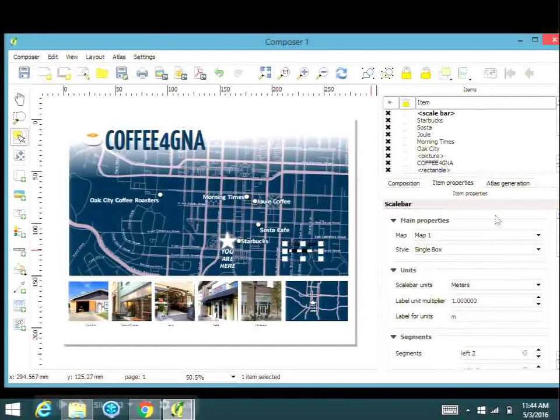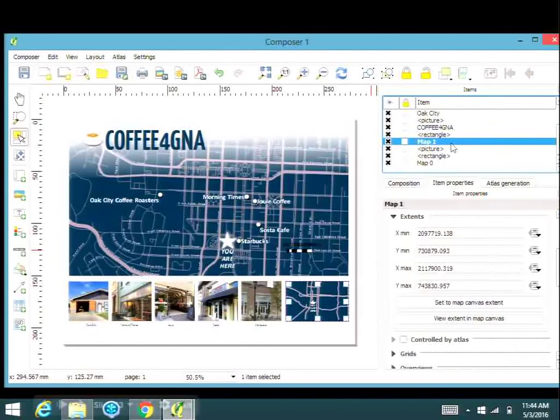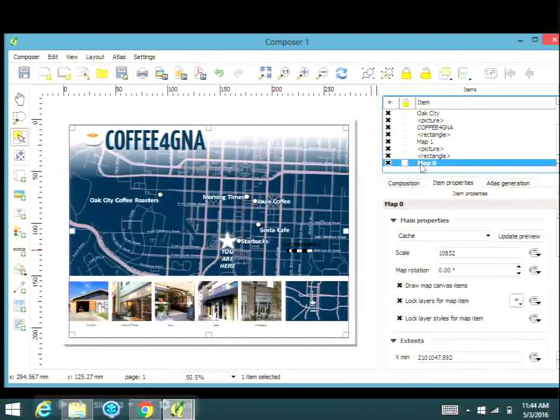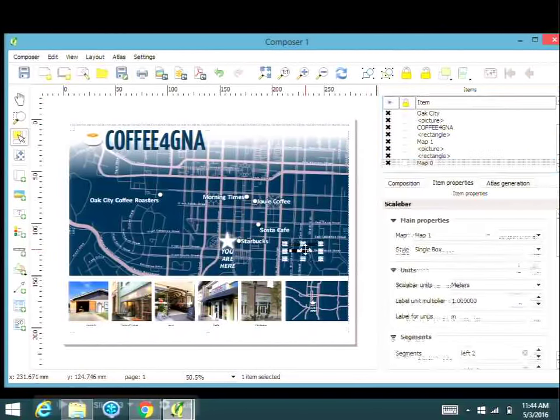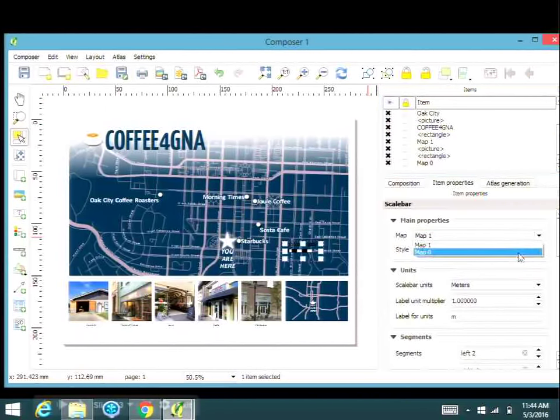So you can see that my item properties change for whatever I need to use for the scale bar, right? So it's hooked up to map 1 right now, but I don't remember what map 1 is. So I go up to the items list, and I'm looking through, and I say, okay, which one is map 1? Oh, that's the locator map. I don't want a scale bar for the locator map. I want a scale bar for map 0, which is my big one. So I'm going to go ahead and select that scale bar again and make sure that it's keyed to the